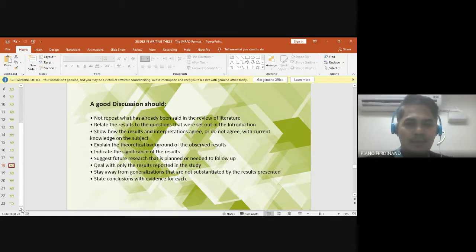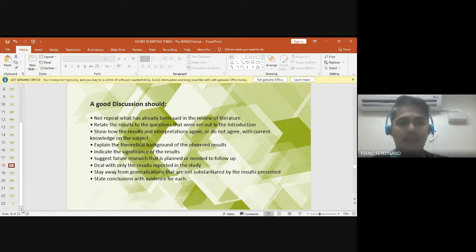Show how the results and interpretations agree or do not agree with current knowledge of the subject. Yan, nabanggit ko na po yan kanina. Ipakita po kung ang naging resulta ba o findings ba ng inyong research ay tumutugon or sumasang-ayon sa dati ng mga research, and then ipaliwanag natin bakit. Same thing kung nag-disagree naman siya sa naging findings or result ng ibang mga researches, kailangan din ipaliwanag bakit ganun